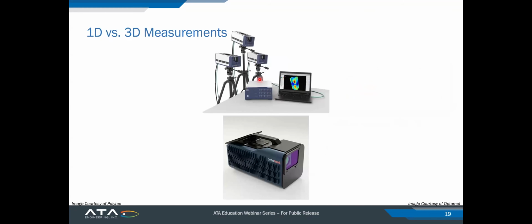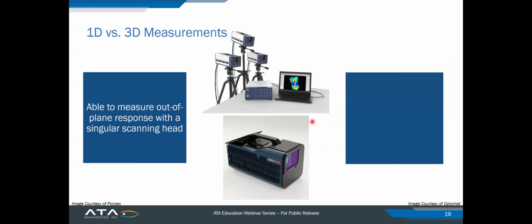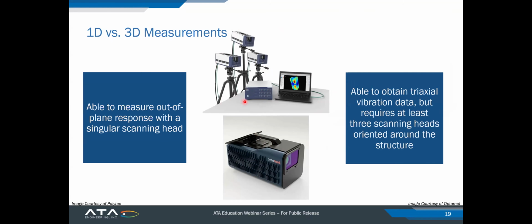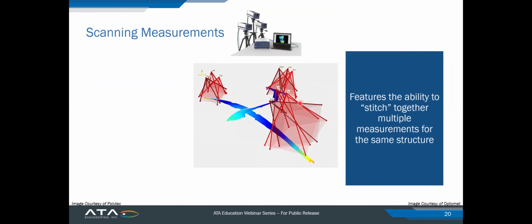So again, some of the more important factors you need to keep in mind with the laser vibrometer is your 1D versus your 3D measurements. So if you want 1D measurements, that out of plane response, or we'll just say Z, for example, you just need one scanning head. But if you need your in plane, you're going to need three heads for triaxial vibration data. And another interesting factor with these laser vibrometers is you can actually stitch together multiple measurements for the same structure. It takes a little bit more work,